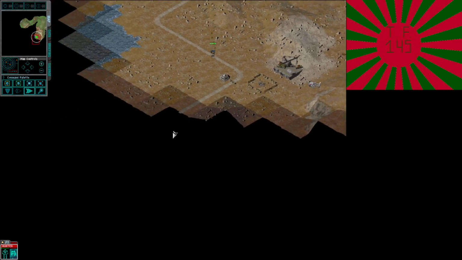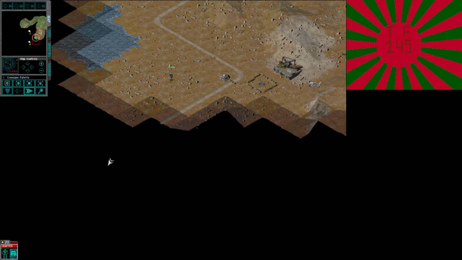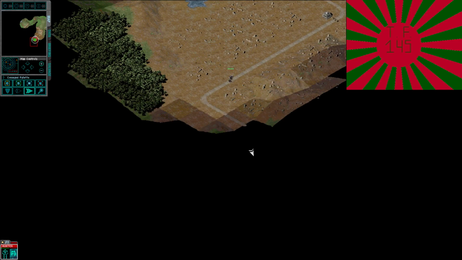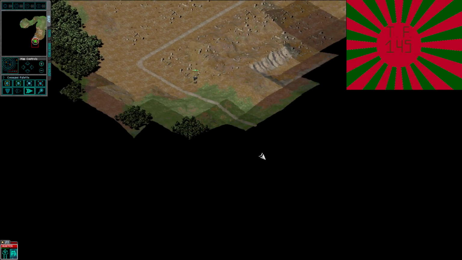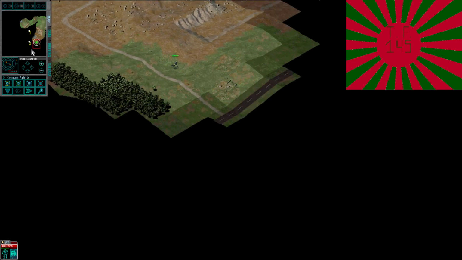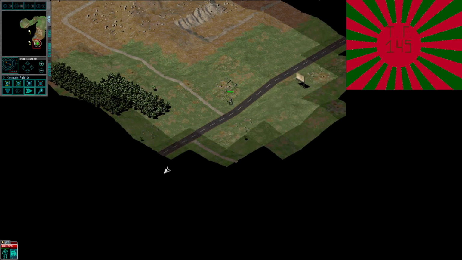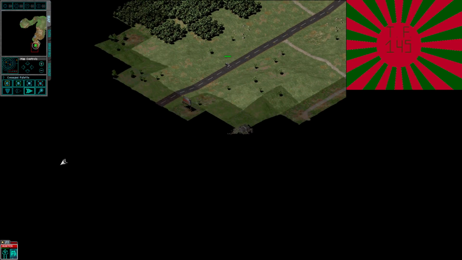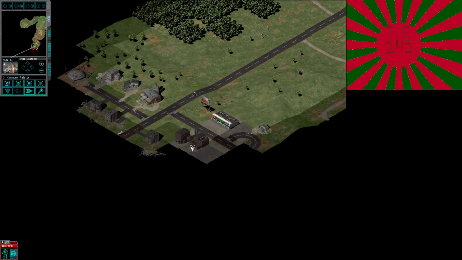Alright, so, what's next? Well, we're gonna go ahead and run down here. We're gonna follow this road. There's gonna be a city over here. This is actually one of the few missions I remember really well. I don't remember all these missions. It's been about 10 years since I played, and I've only ever beaten